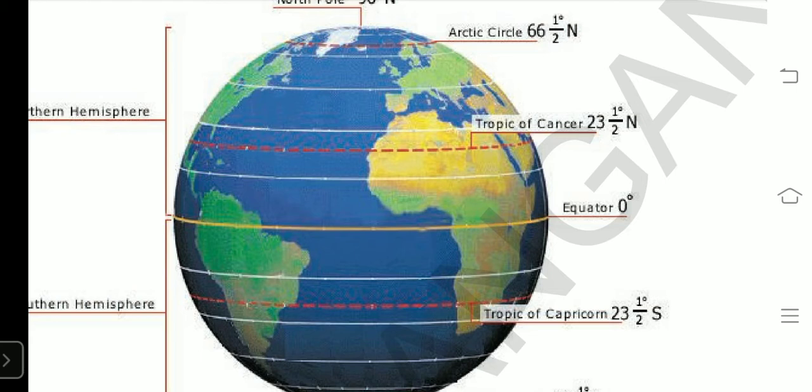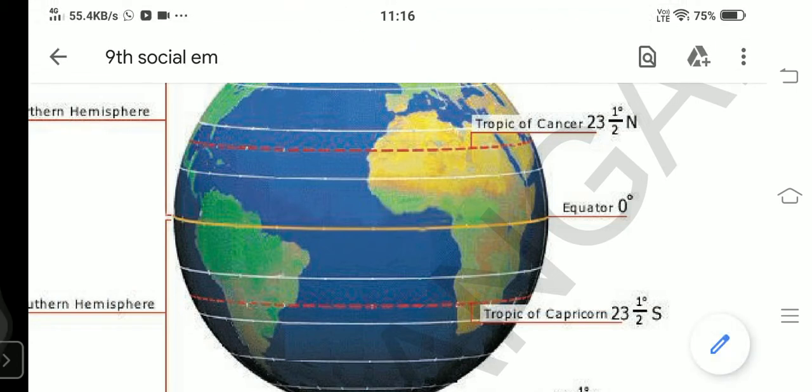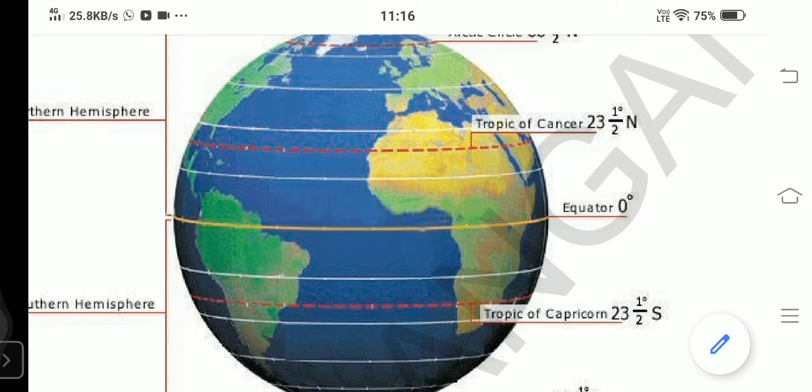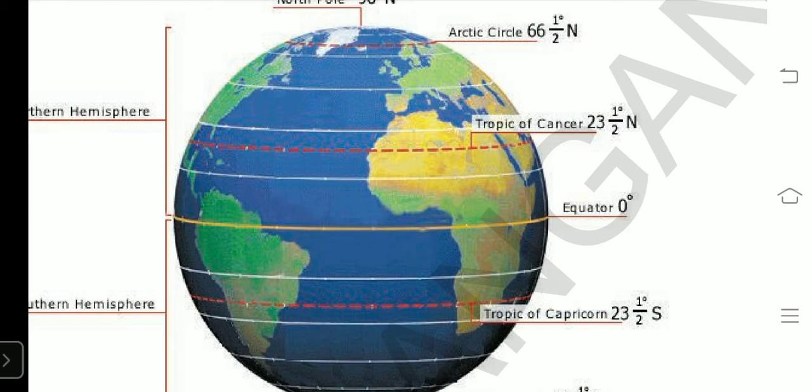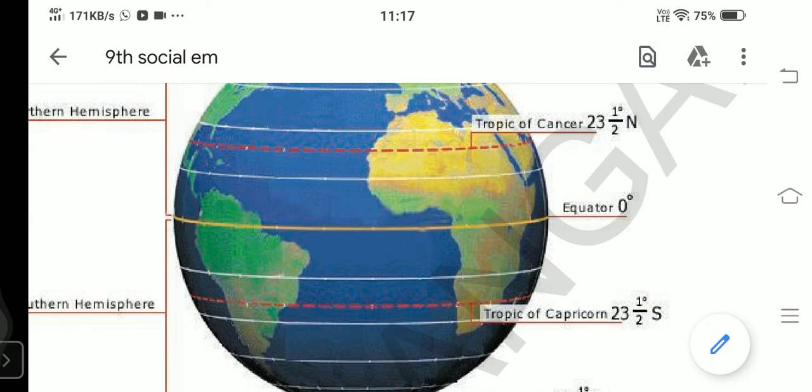If one train starts at 12 and another train starts on the same track at 11 o'clock, both trains will meet with an accident if everybody follows local time. So local time is not followed. Instead, one standard time is followed, applicable for the entire region. What is the region? One specific zone is taken into account, and one particular time is applicable to it. For example, India is a specific zone.